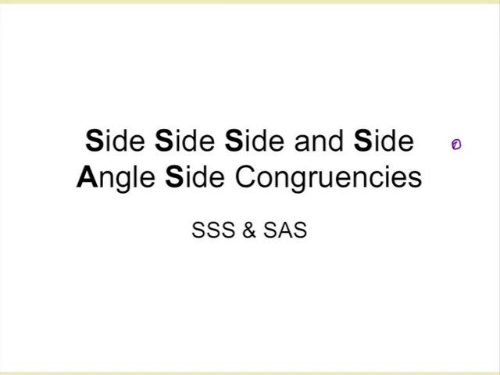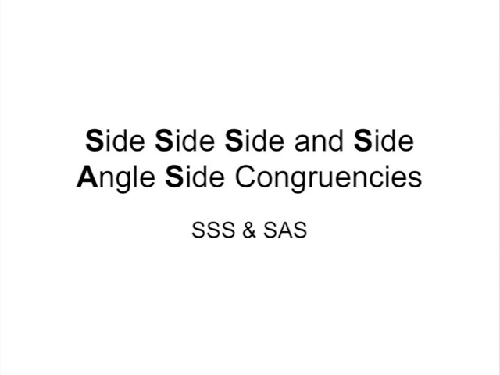Today we're going to talk about two different types of ways that we can say two triangles are congruent. Yesterday we were just looking at pictures and saying these two triangles are congruent and we can match up all their parts and then those parts will be congruent. Today, instead of just saying they look like they are, we're going to use some facts to say that they are. And we're going to use two postulates to do that, and those postulates are called side, side, side, and side, angle, side. We abbreviate those because that's a lot to write, so we just say SSS and SAS